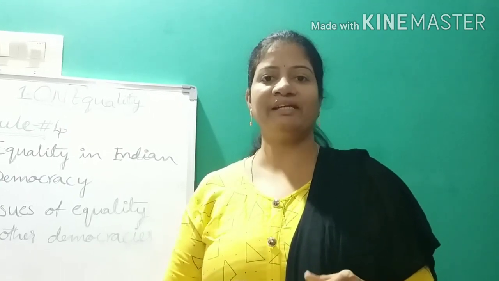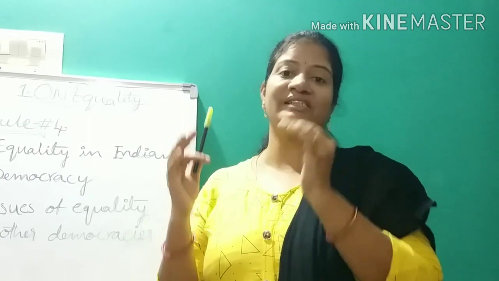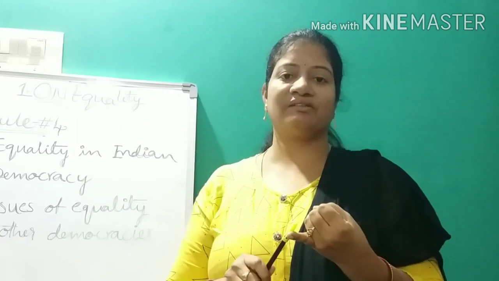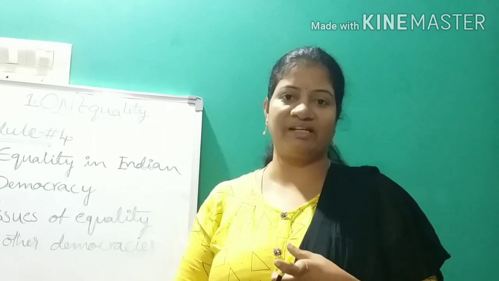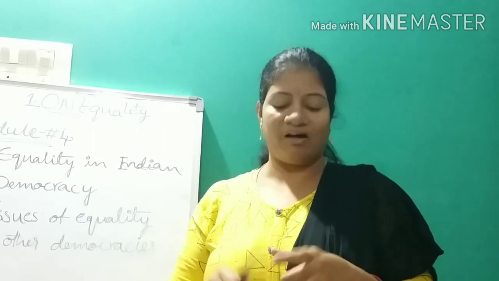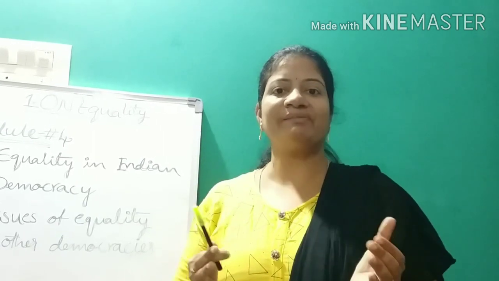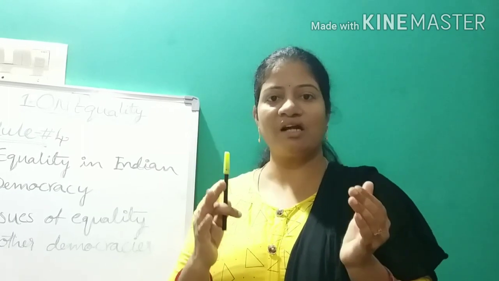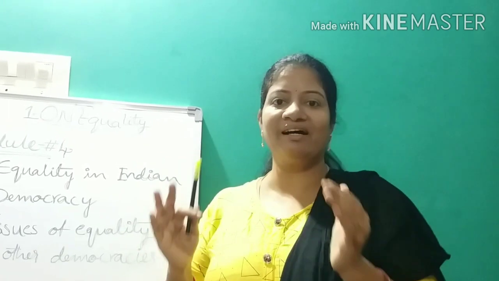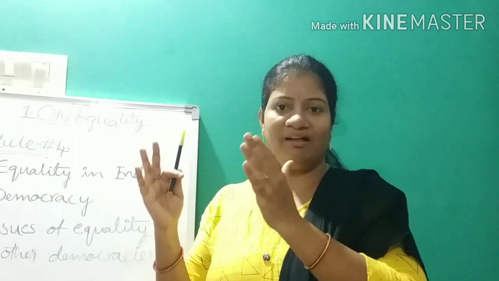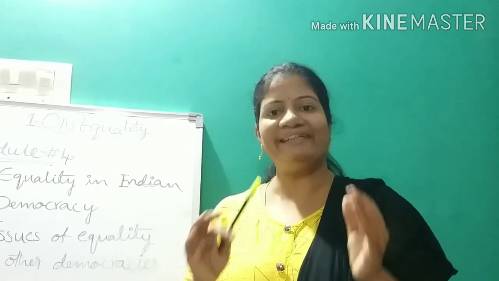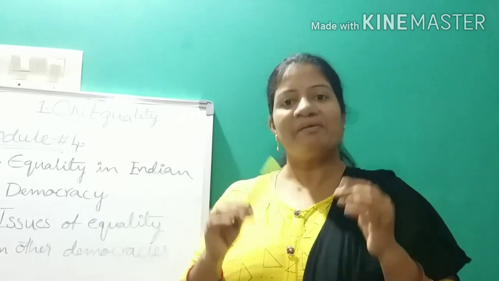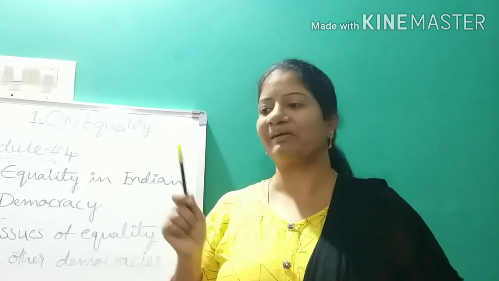Not only disabled children, whoever it is, we should not show any kind of discrimination, either caste or religion or educational background or financial background, financial inequality, or gender inequality, whatever it may be. We should not show any kind of discrimination, because we all are equal before the law. Because our country is a democratic country, we all are Indians. That is the main concept you have to understand from this lesson.